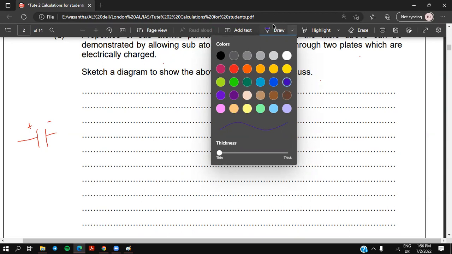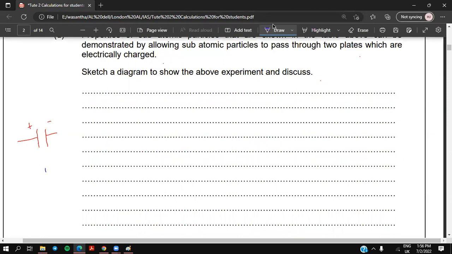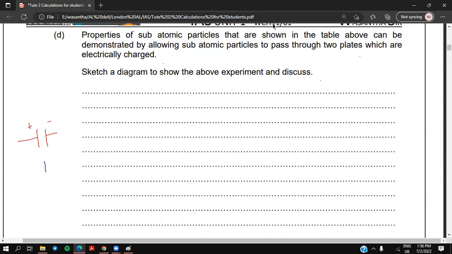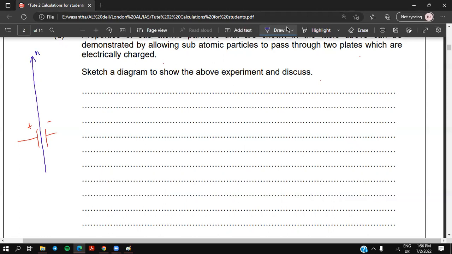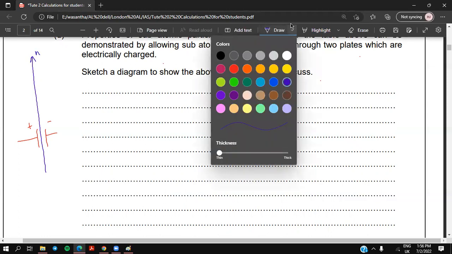If you allow a neutron to go through this, it will go directly up. Just straight up. This is a beam of neutrons. I did this part in last week's lesson, so the children who came for the last class